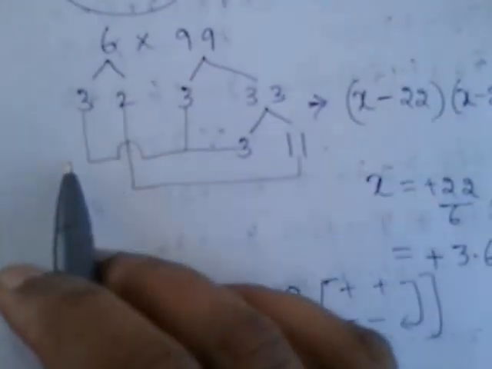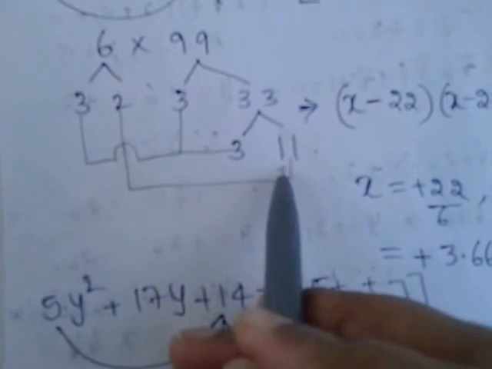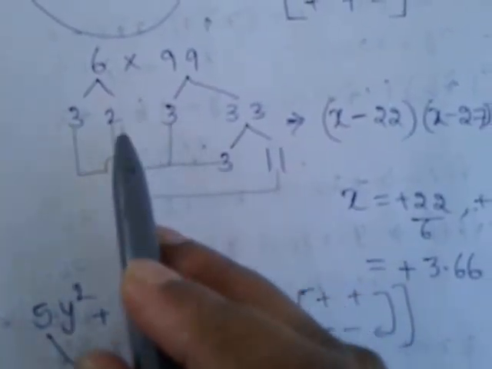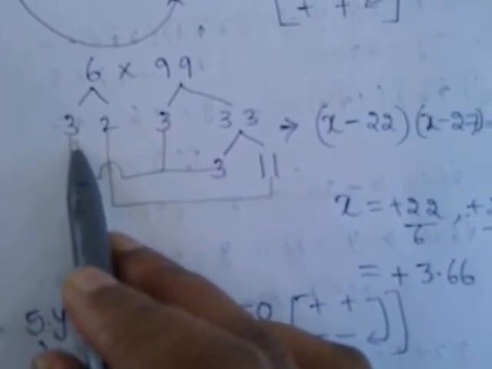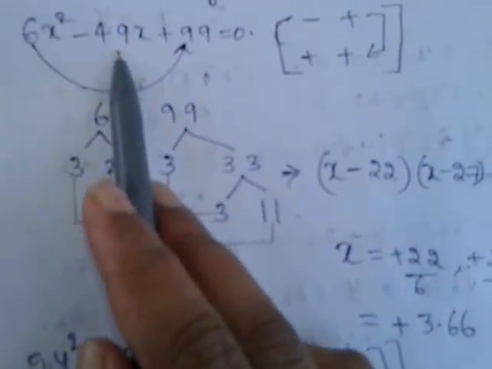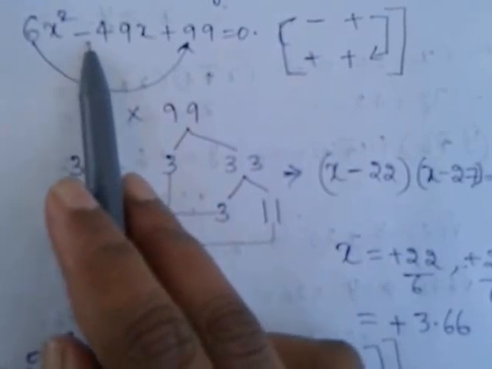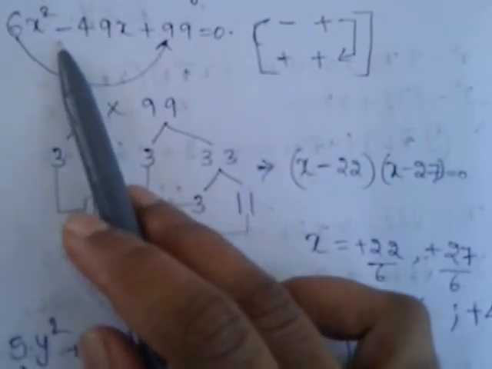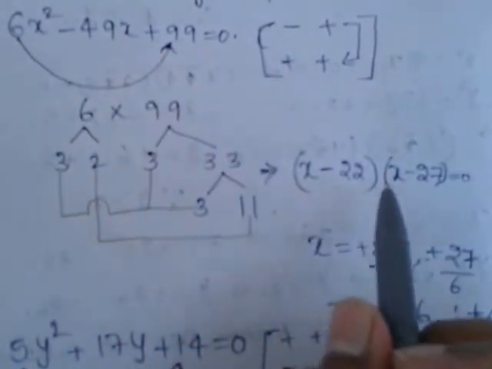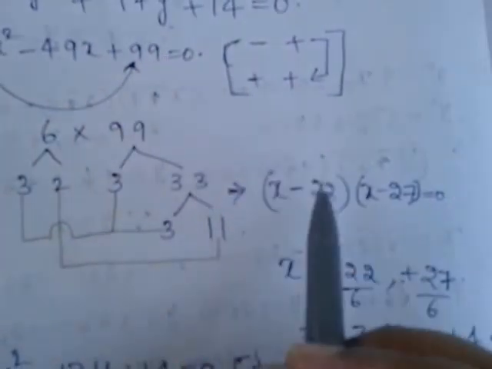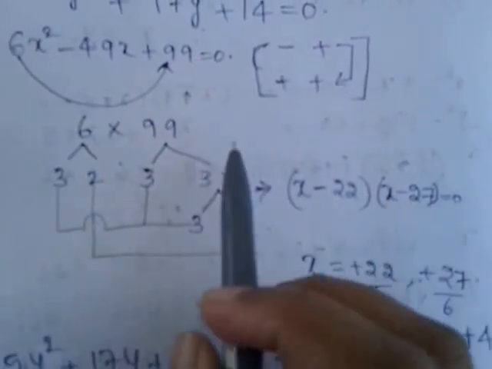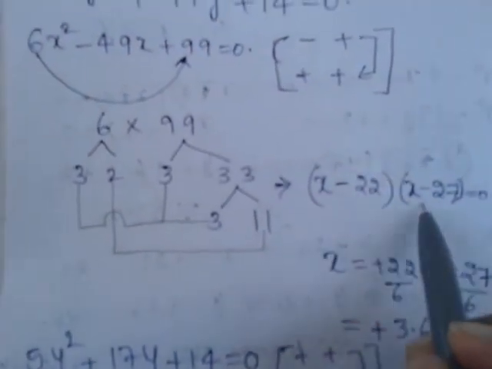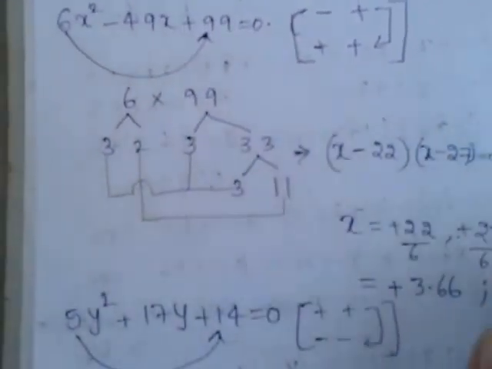See, here I have shown you the relation: 2 into 11 which will give you 22, and 3 into 3 into 3, 9 into 3 which is 27. 27 and 22 make your 49. So you have to get minus with this. So what you will do, minus 22 and minus 27 will give you minus 49. If you multiply this minus and minus it will give you plus sign, so 22 into 27 will give you plus with the 99 into 6 value. And if you add these two you will get minus 49 as your answer.